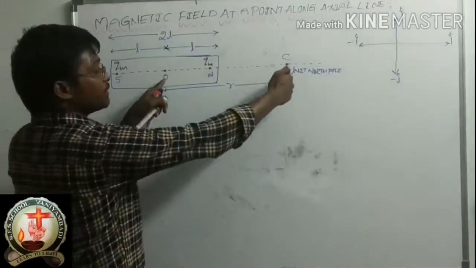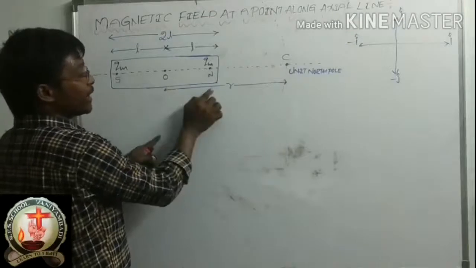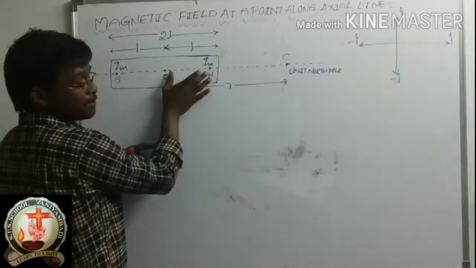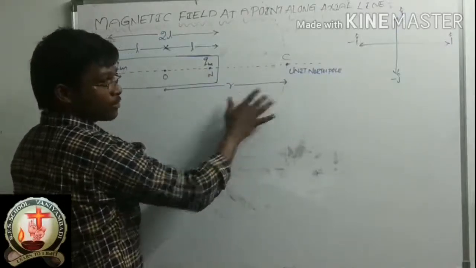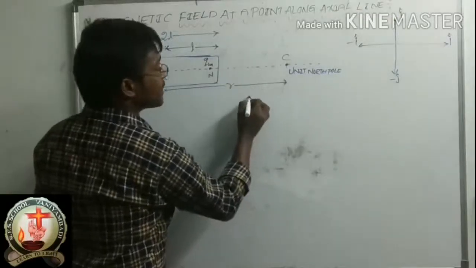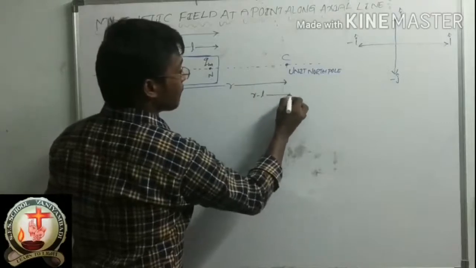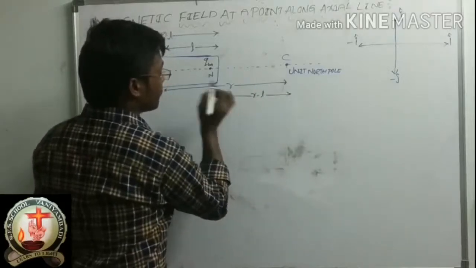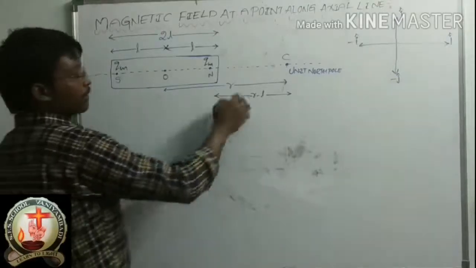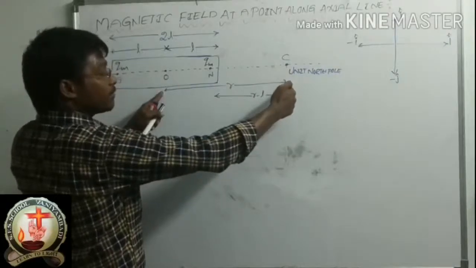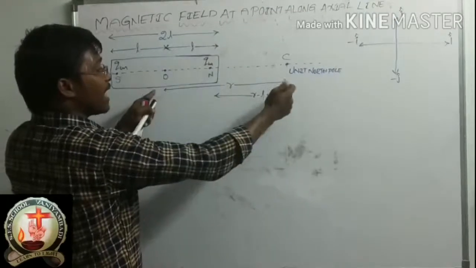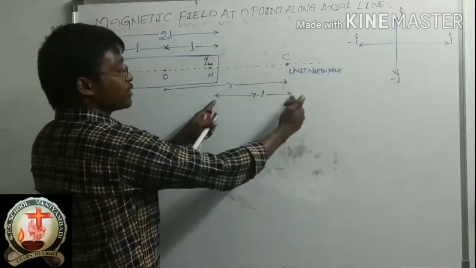I know this total r. I know from here to here is L. So from the total r, I will remove this L. So what will I get? I need only this distance. What is that? r minus L. How did I get this? From here to here is total r. I know this value L, so I remove it: r minus L. So this remains only.